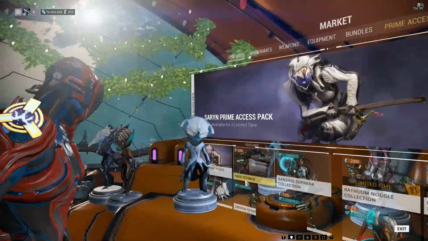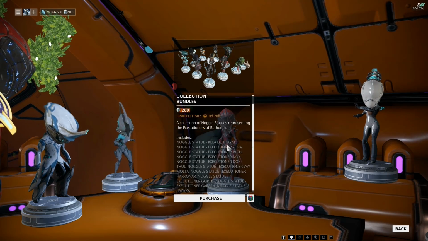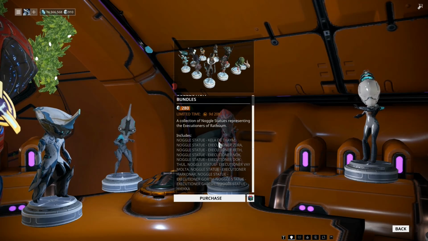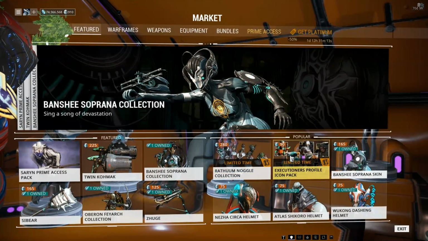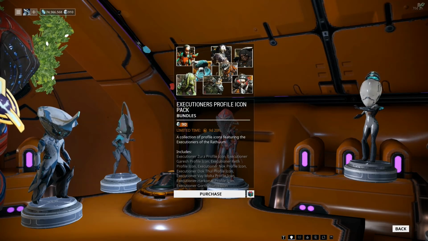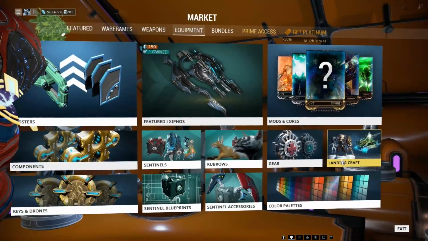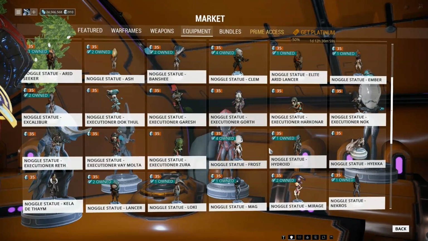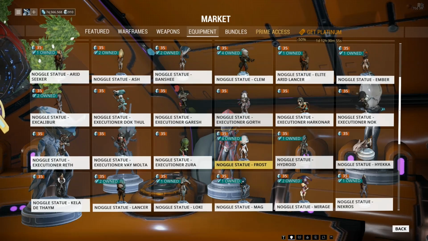There is also a collection of Noggles. There it is. This is one Noggle per Executioner, and there's Killer. Actually, you should be able to go in and find them separately. There's also the profile icons, which is the little picture in the corner there, of the same people. And you can pick these up separately by going into equipment, going to landing craft, and these will only be here for a short period of time, but just to kind of verify...